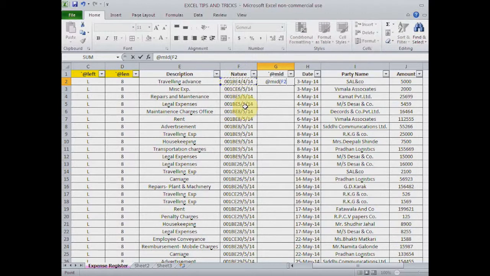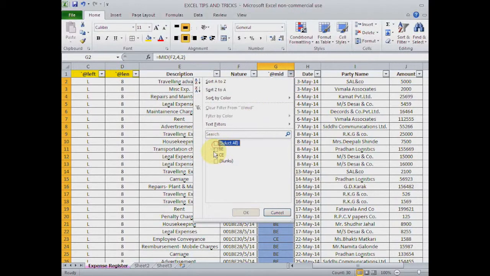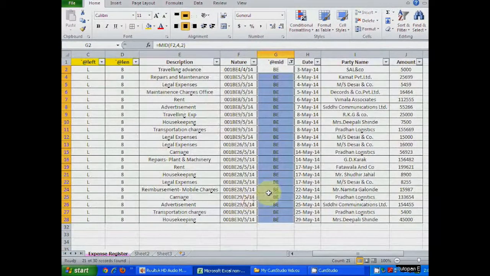The B is the 4th letter and you want the letters from the 4th letter onwards, so you put a comma, write 4. Now you want only BE, that means 2 letters, so you put again a comma, write 2, enter, and you get the desired result. For copying the formula, you again have to double click on the drag button and it is getting copied. So you can see clearly what payments are made through bank and what payments are made through cash.